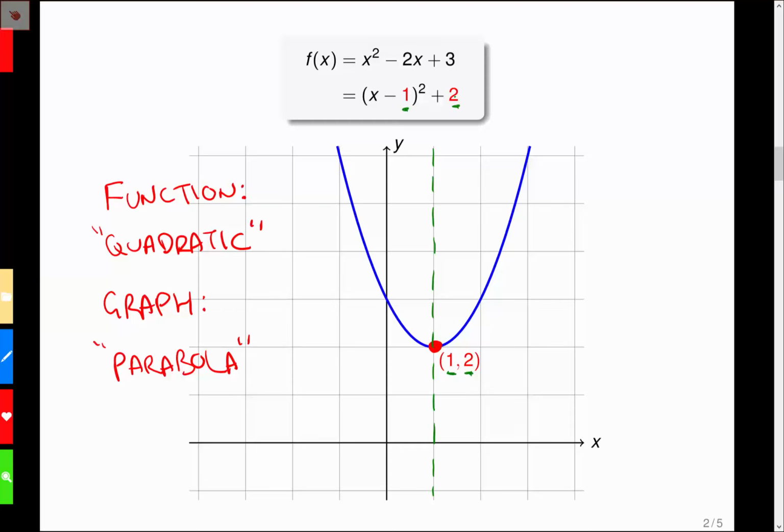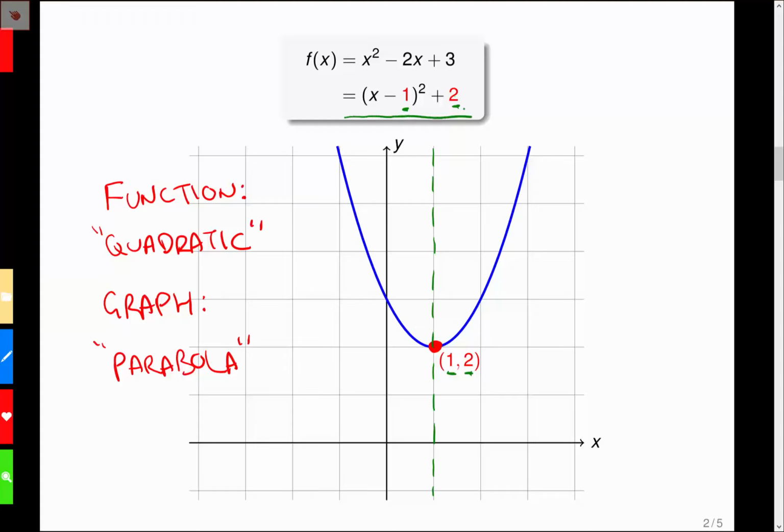This is not a coincidence. In fact, completing the square not only helps you find the range of the quadratic function, it will also directly tell you where the vertex is. And knowing the vertex is one of the key tasks to sketching a parabola. But more generally, the values 1 and 2 represent more than merely the x and y values of the vertex. In fact, this formula